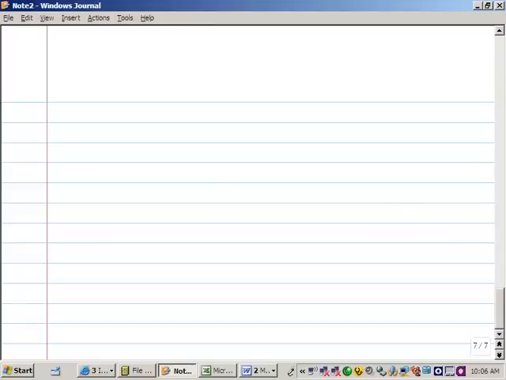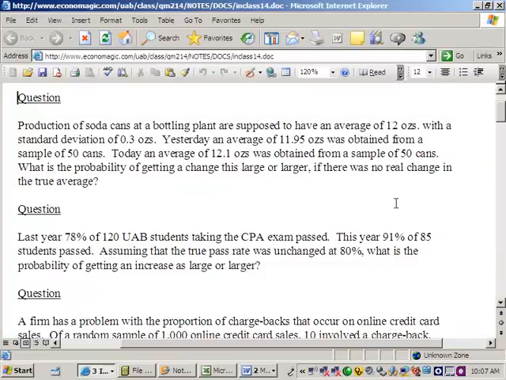Alright, now let's look at a second such problem. The question on the top of the page. The production of soda cans at a bottling plant is supposed to have an average of 12 ounces with a standard deviation of 0.3 ounces. Yesterday, an average of 11.95 ounces was obtained from a random sample of 50 cans. Today, an average of 12.1 ounces was obtained from a sample of 50 cans. What is the probability of getting a change this large or larger if there is no real change in the